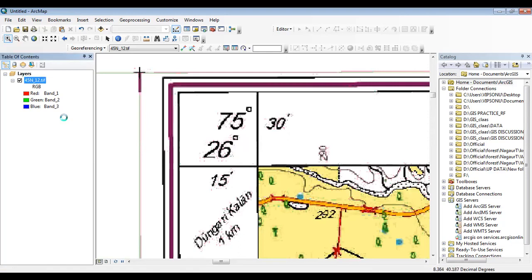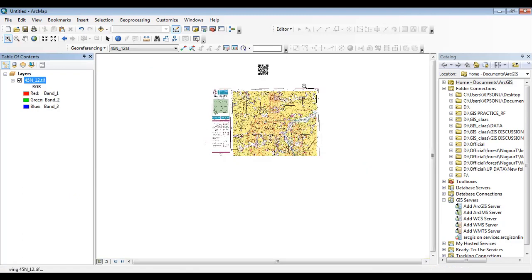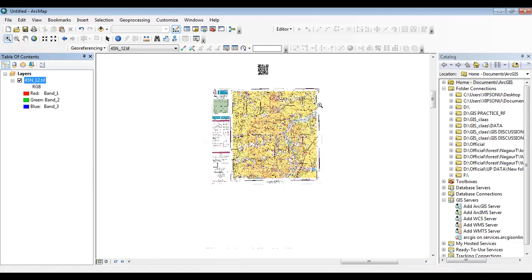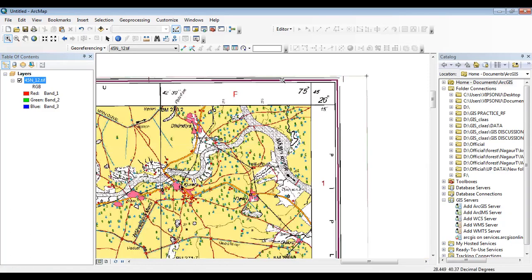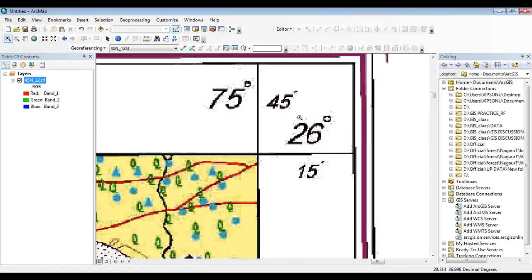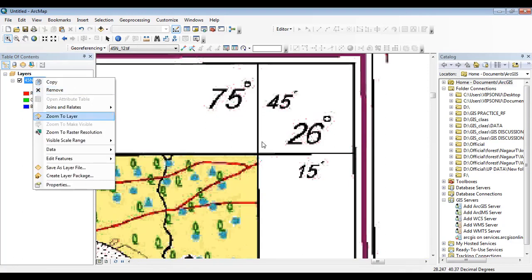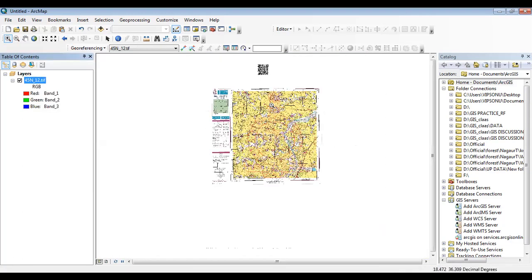And here at the right top corner, the longitude is 75 degree 45 minutes and latitude is 26 degree 15 minutes, right? So by using these coordinates, we are going to georeference this toposheet.